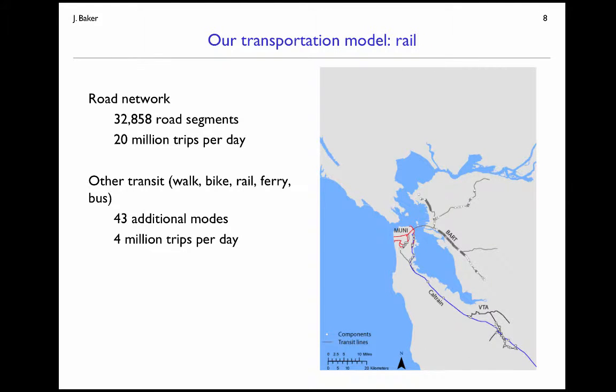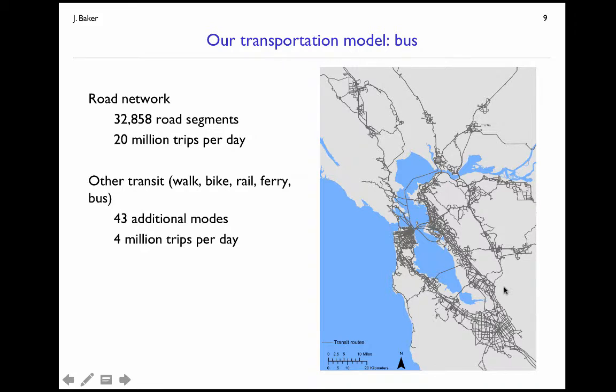In addition, there's a number of other modes of transportation that are included in the model. So there's anything from walking and biking trips to mass transit rail systems, ferries and buses, and so on. There's another 4 million trips per day that take place on those. Shown here on the right are the major rail systems in the area. There's a few different types of light rail and heavy rail that also span quite a geographic extent. And then finally, here's a plot of the bus routes throughout the region that covers many of the roads in the road network. Okay, so just to give you a quick snapshot, this is a large and detailed model for transportation in the area.